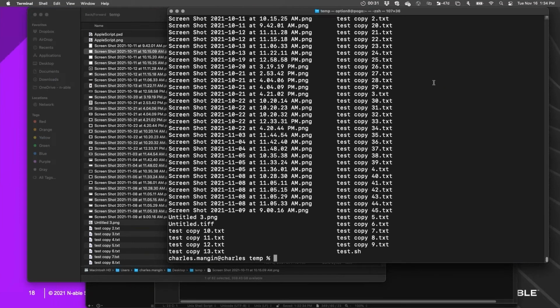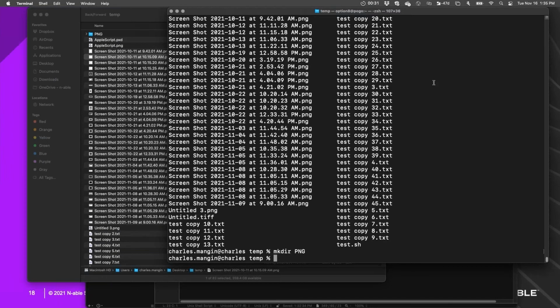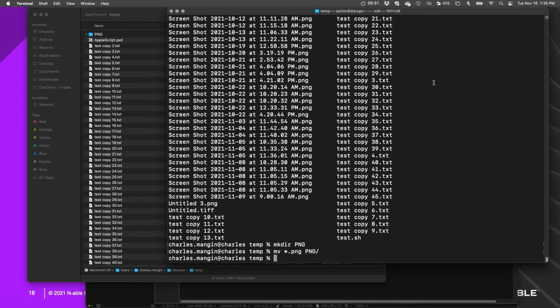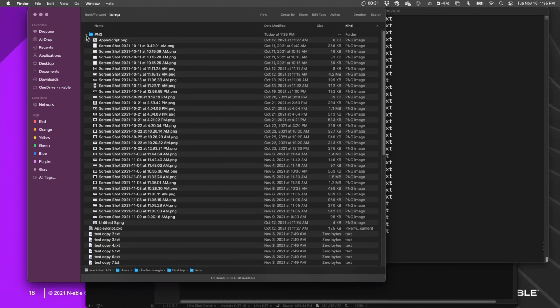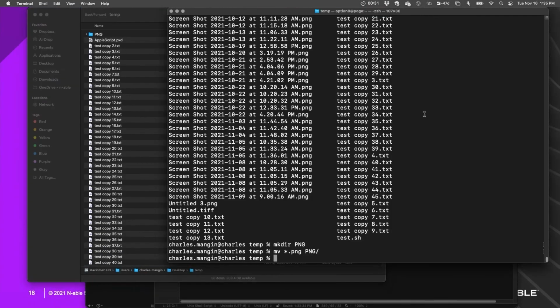Instead of selecting and dragging and dropping, what I could do is make a directory called PNG, and then move all of the PNG extensions to the PNG folder, and there they are. Now they're all in here. Great. And then I can just do that again with JPEGs and text files and so on.